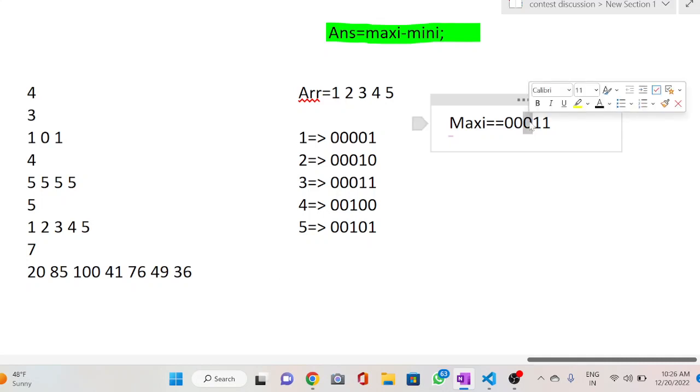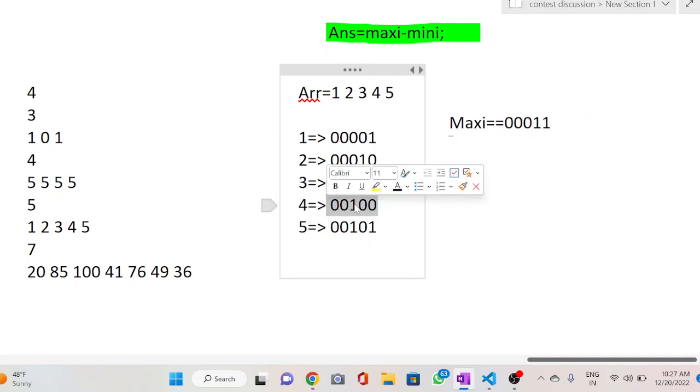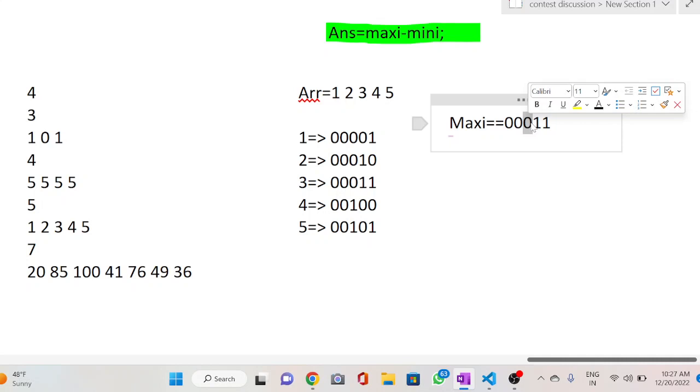In order to maximize, you will choose any other element which contains 1 at this position, the second position, counting 0, 1, 2. So at the second position this number contains 1. So these two bits, this bit and this bit, you swap, and this 0 will convert into 1.